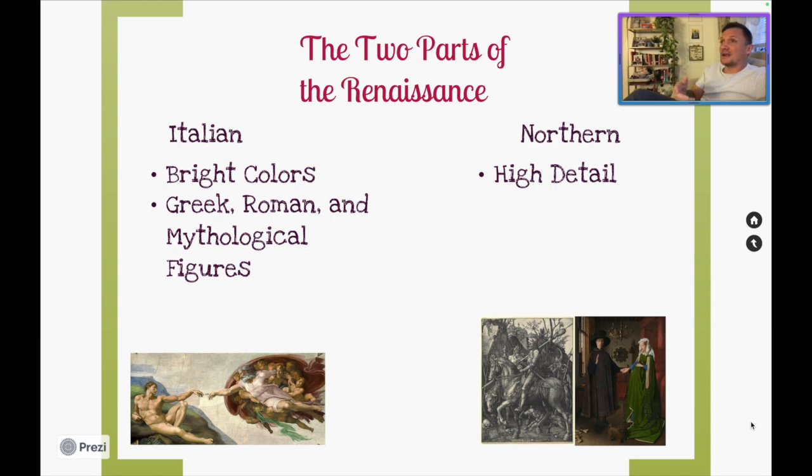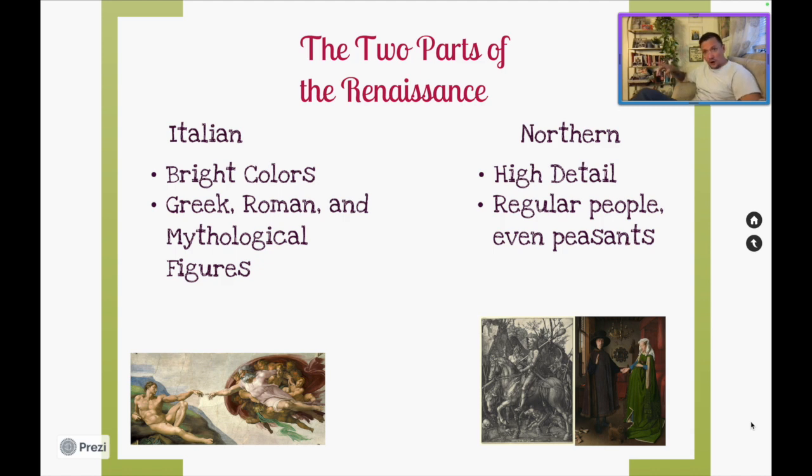For example, you might see the statue of David by Michelangelo, which is done in a mythical Romanesque style of a statue, much like they would have done a Roman statue from the ancient time period. Also, in the School of Athens, you're going to see Greek and Roman philosophers who didn't exist around each other at the exact same time. And The Birth of Venus focuses on Roman gods and goddesses.